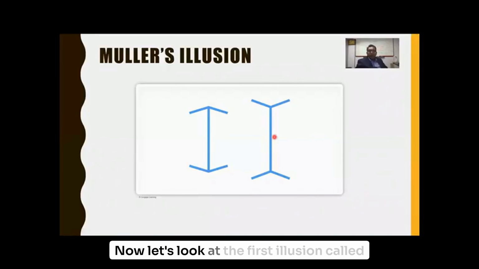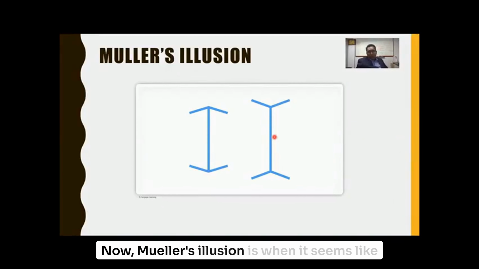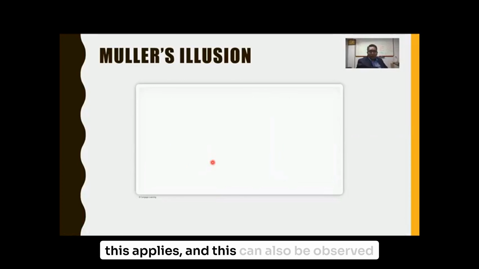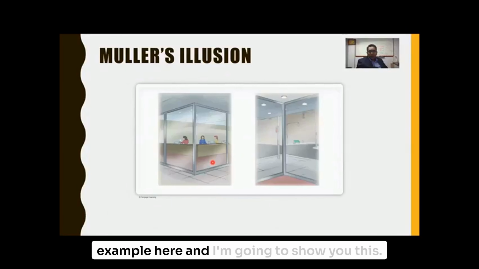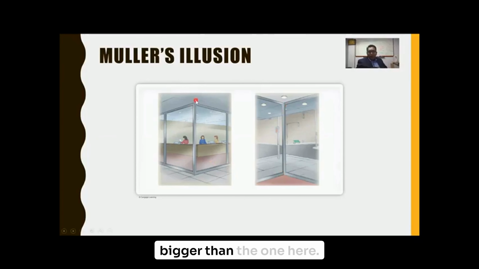Let's look at the first illusion, called the Mueller-Lyer illusion. It is when the same-sized lines here at the center appear to be of different lengths. This one on the right looks longer than the one on the left. This can also be observed in another example here, and I'm going to show you this. Before we talk about why this line looks longer or bigger than the one